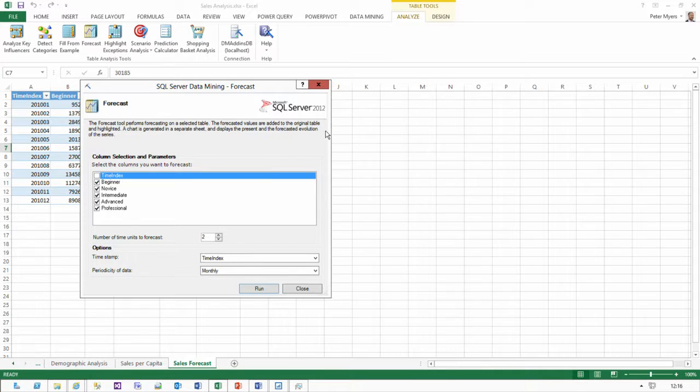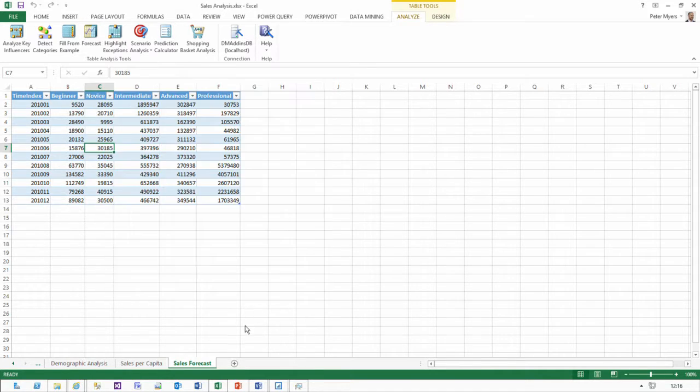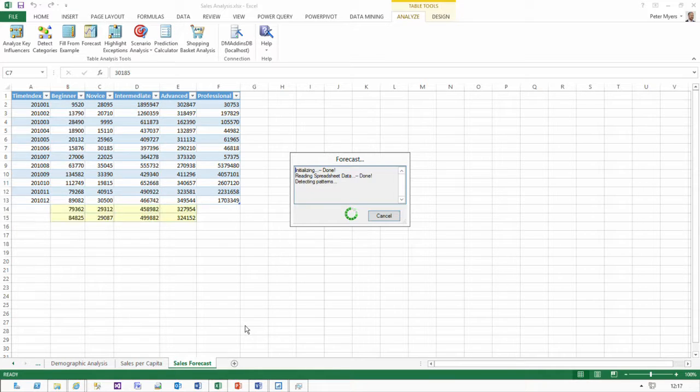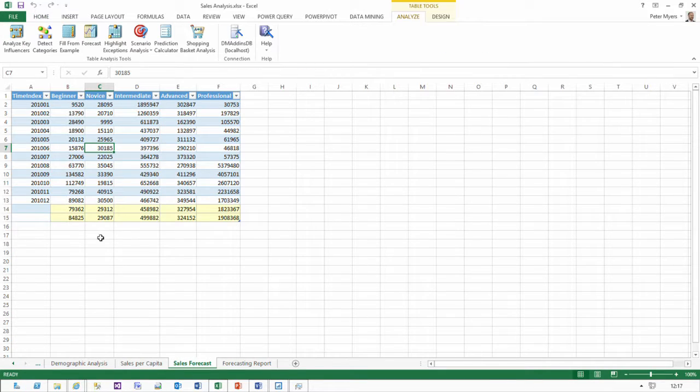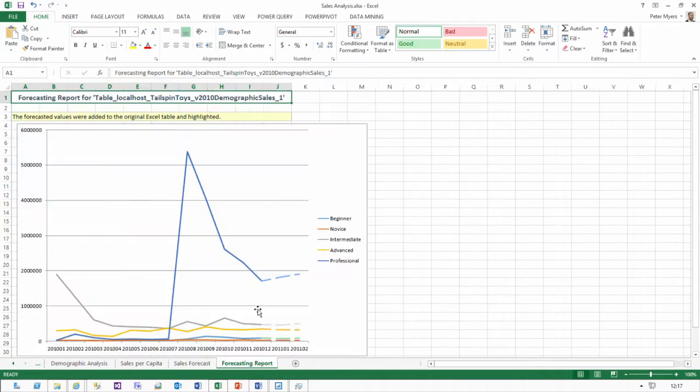You don't even find the words data mining in this wizard experience. Then I click run. It connects to analysis services, sends off a script, sends off my data, mines it, and then it returns these additional 2 rows, representing, in this case, the first 2 months of 2011, and there's an additional sheet showing me a chart, and there we can see with the dashed lines the projections based off the